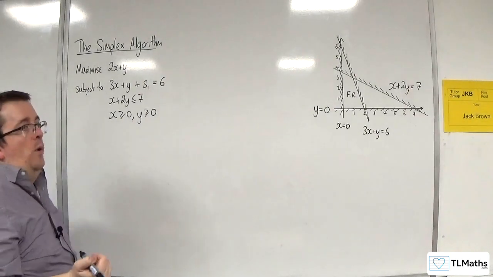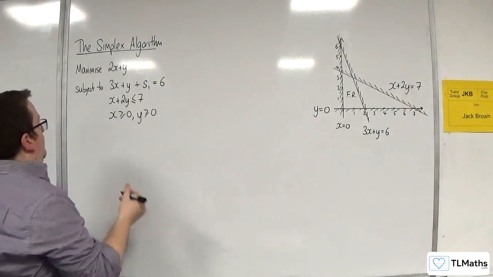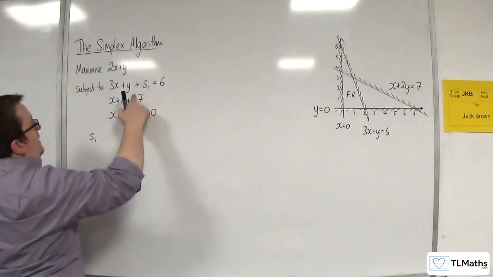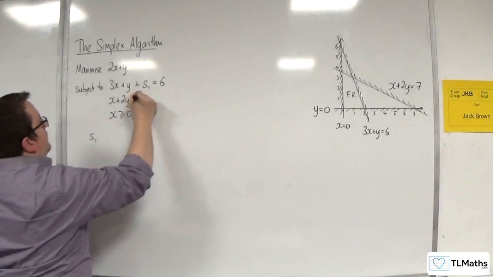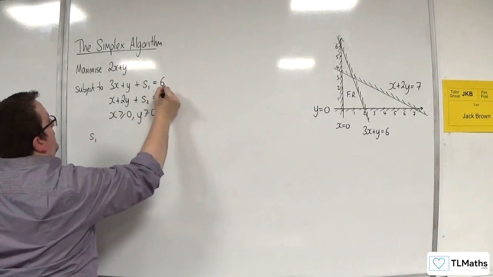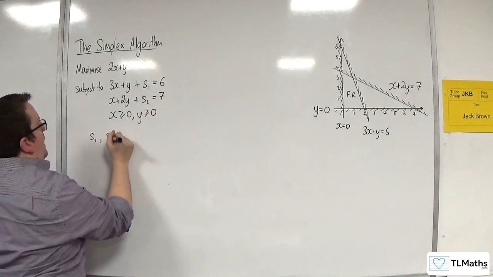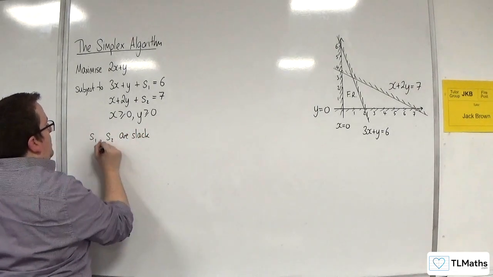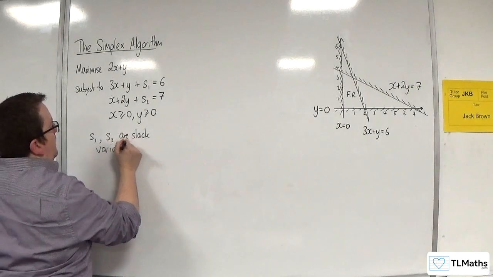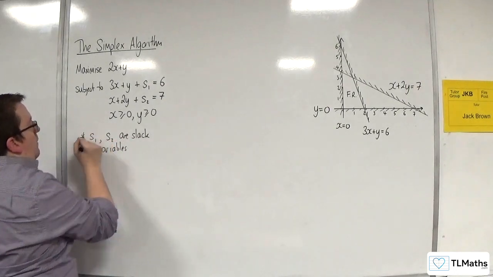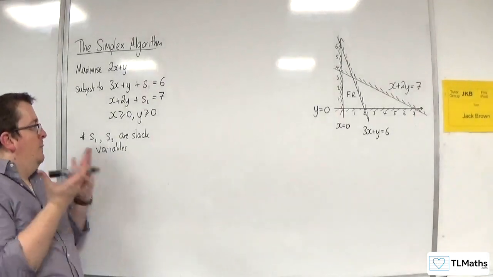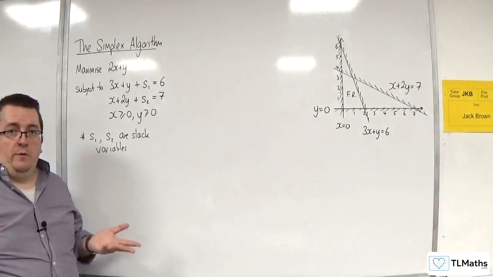So I'm going to use S1 as my first slack variable. And for this one I'm going to add in S2 equals 7. So S1 and S2 are slack variables. And I would make sure that I write that down as part of my answer. If I introduce a variable, I'm going to tell the examiner that I know that that is a